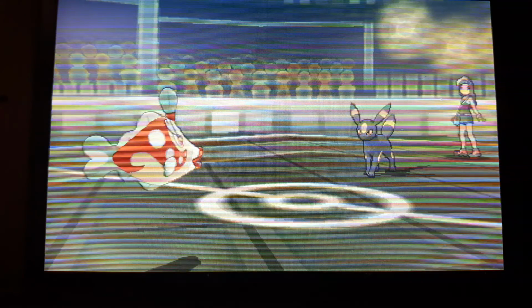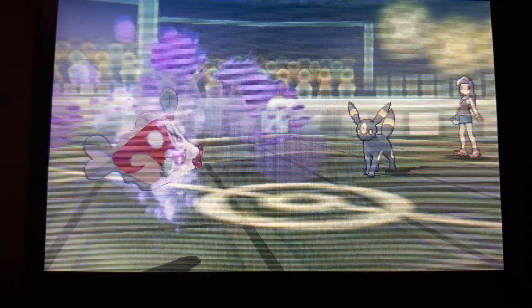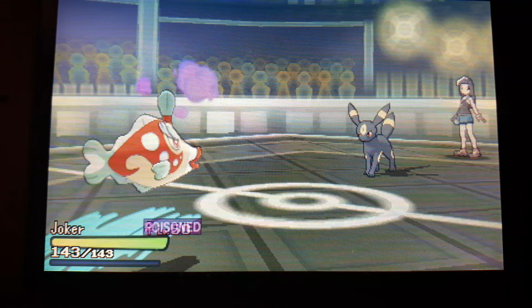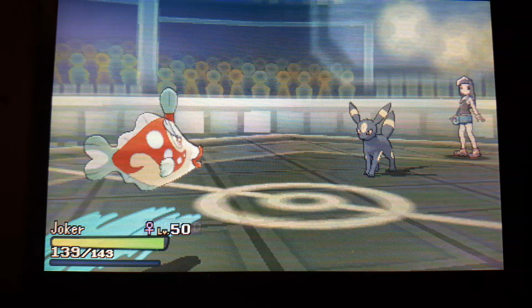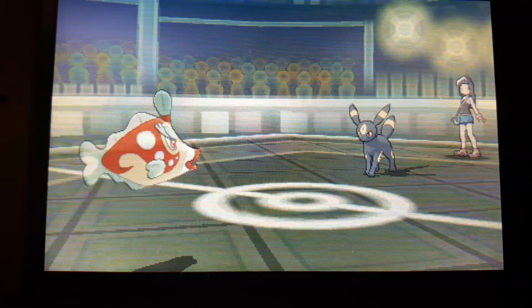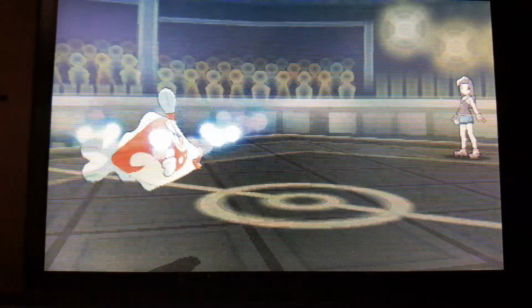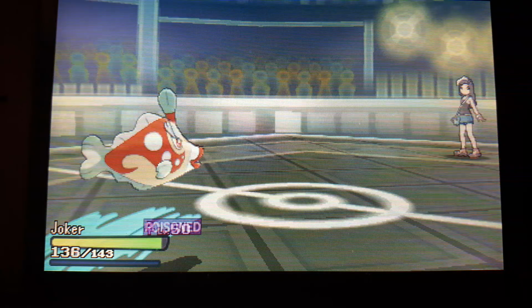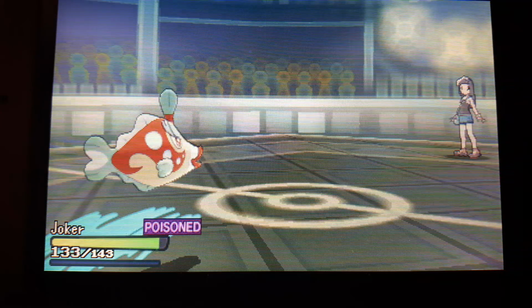This Joker, however, is the only Pokemon on my team that is bred for competitive reasons. I actually bred this one with the Masuda method, and it took me 150 eggs to get it. And I believe it's Jolly with max attack and max speed. So it's a pretty decent Pokemon, and it's one of my favorite shinies of Generation 7. I just really love its design, so that's why I decided to breed for one that I could use in competitive battle. So it's going to be able to take down the Umbreon,